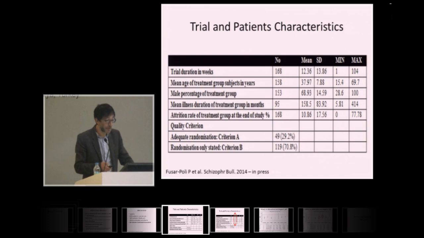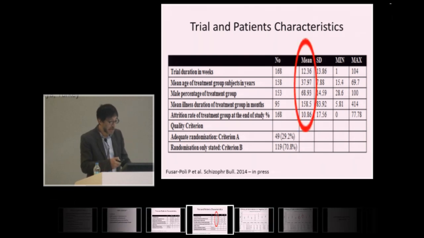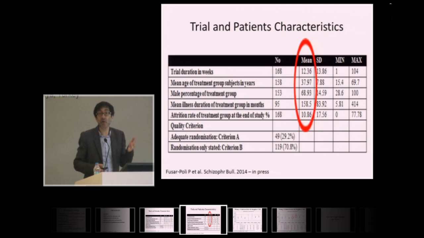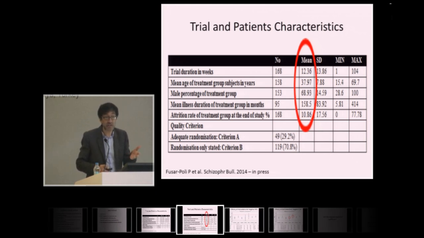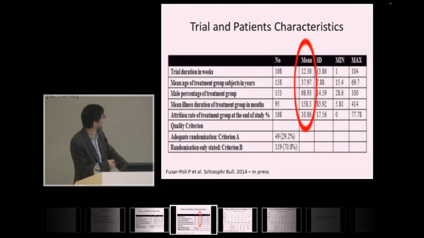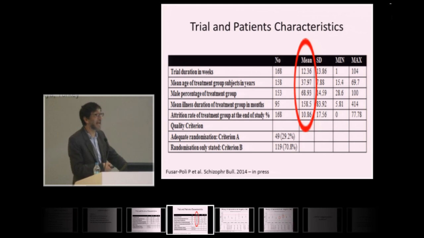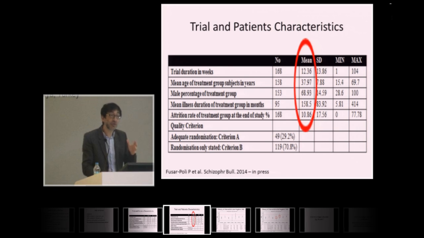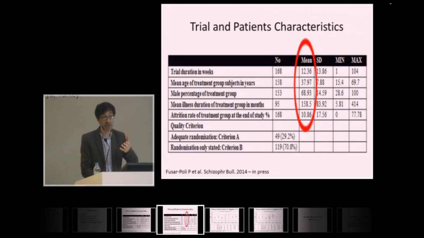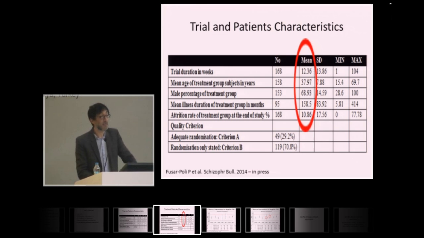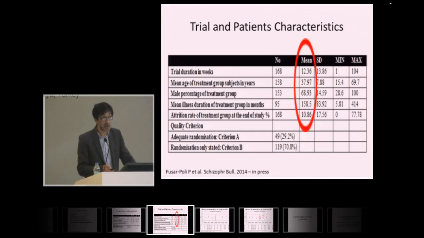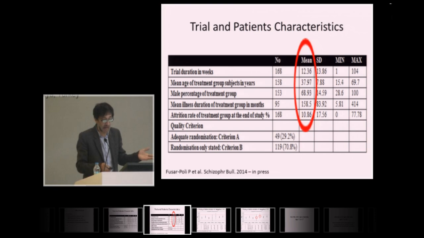Just draw your attention to a few key issues in the trials. You can see that the average trial is only 12 weeks, and this may well not be long enough to look at the efficacy of the treatment of negative symptoms. You can also see that the mean patient age was 38, and on average, patients have been ill for 13 years. And you could argue that by that time, negative symptoms have become very established. And there may be an argument that these treatments may have been more effective if they'd been looked at in first episode patients. We can't answer that because the data isn't there.